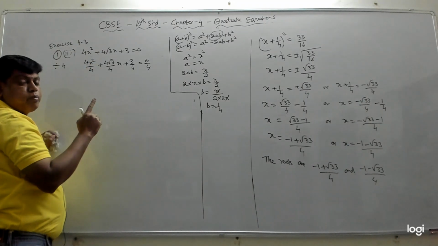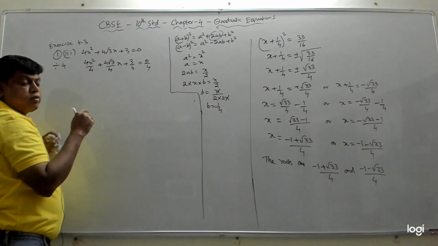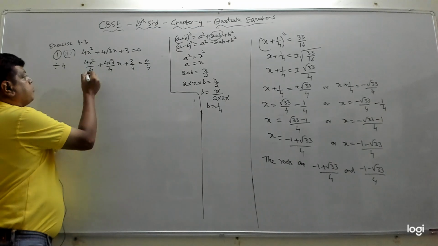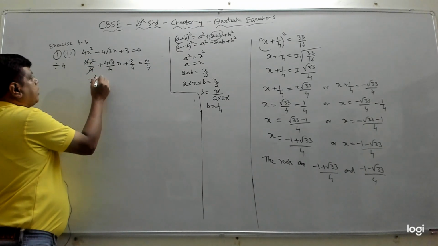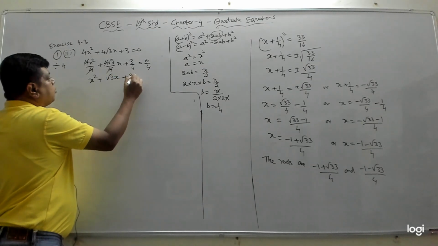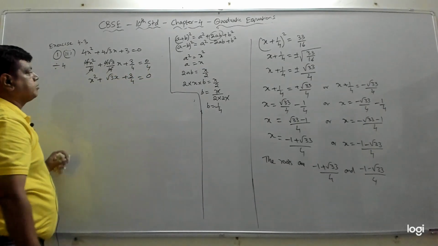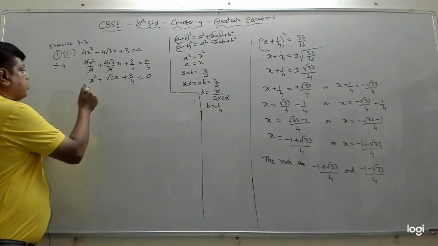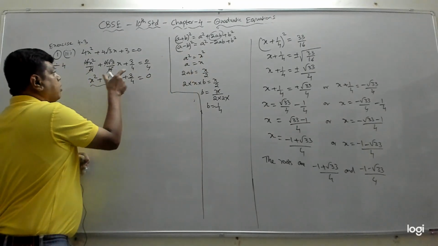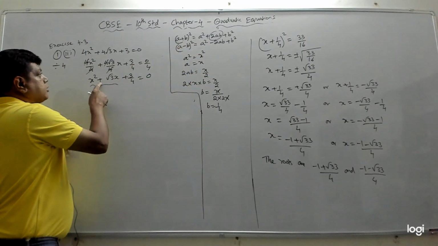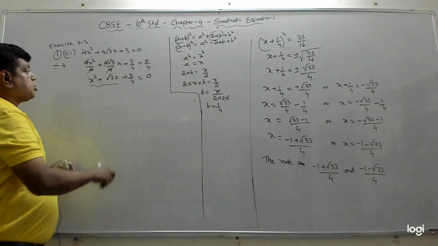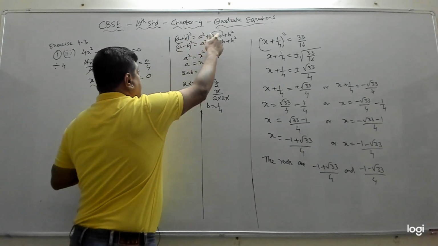So that is the first step when you are trying to find the roots of the quadratic equation using the method of completing the square. So 4 and 4 will get cancelled. You will get x square. Plus here also 4 and 4 will go, you will get root 3x plus 3 by 4 equal to 0 by 4 is 0. Now we should take the first two terms and see whether it is matching with a square plus 2ab or a square minus 2ab. Here it is plus, so it looks like a square plus 2ab. So we should write this in a square plus 2ab form.